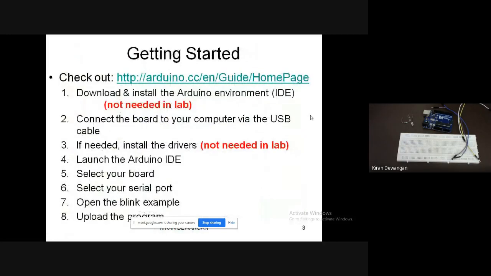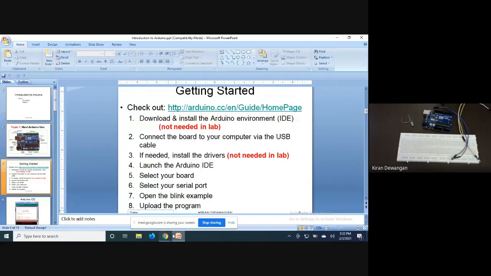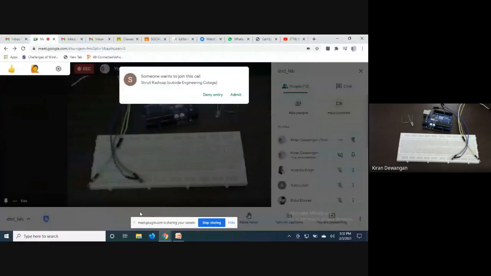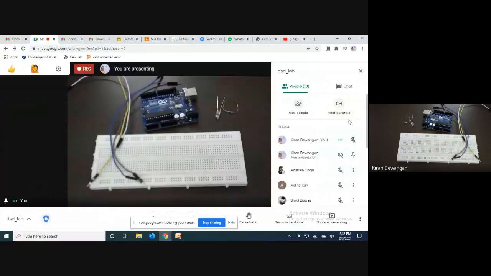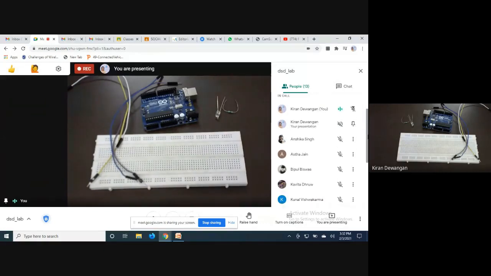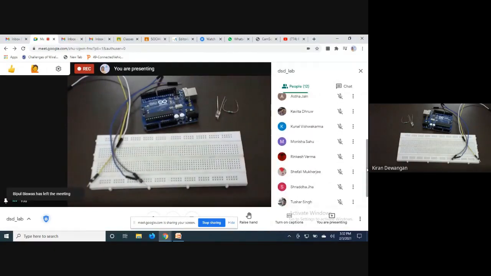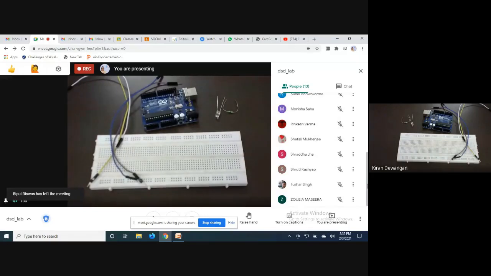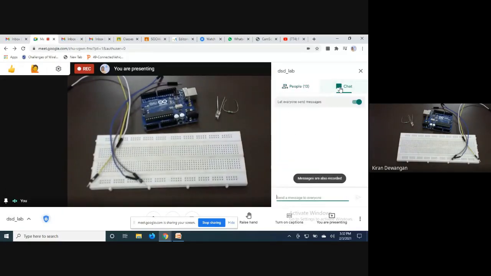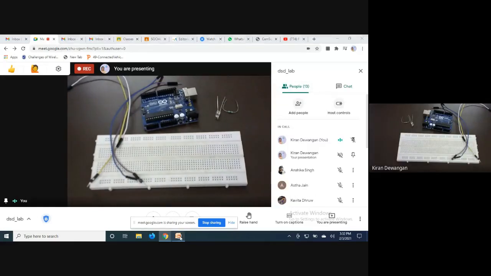Audible now? Am I audible now? मैम बहुत धीरे आ रहा है. मेरे तरफ से वॉल्यूम फुल है. The volume is full from my side. Is everyone facing the same problem? कौन किसने बोला कि अभी आवाज नहीं आ रही? बिल्कुल आपने कहा क्या? बिल्कुल. Am I audible to everyone? Yes, ma'am. Okay, fine. So we'll continue with that.